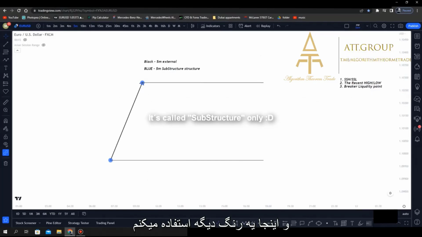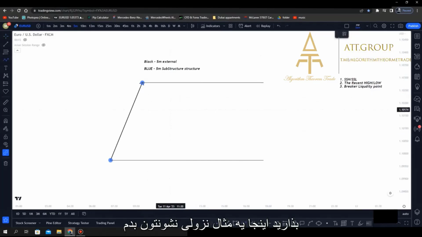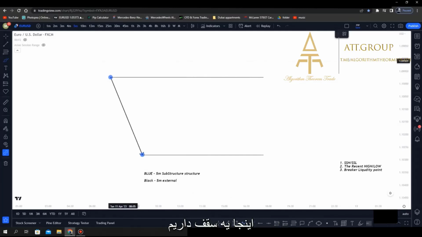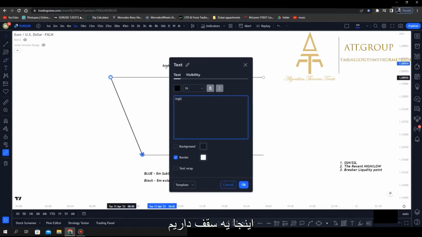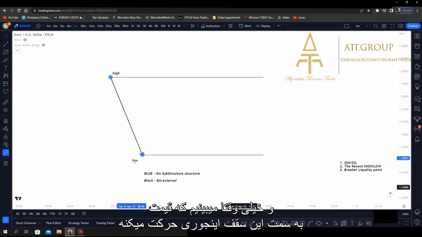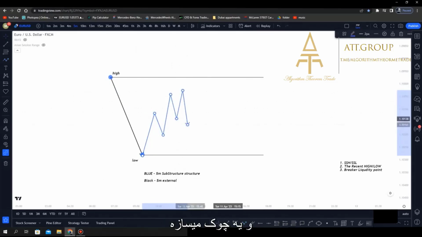So right here, what we will most likely see is, let me show a bearish example. So we got this high right here. We got this low, and most likely we're gonna see price coming towards this high like this,